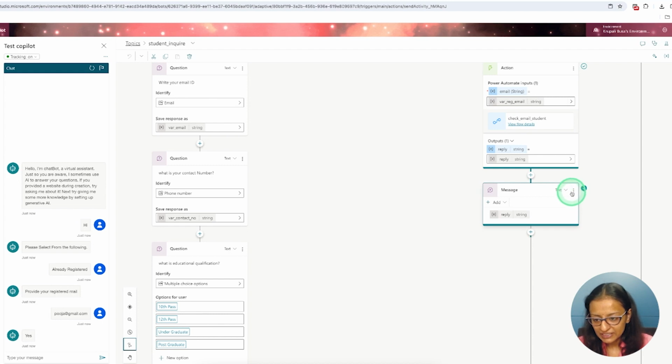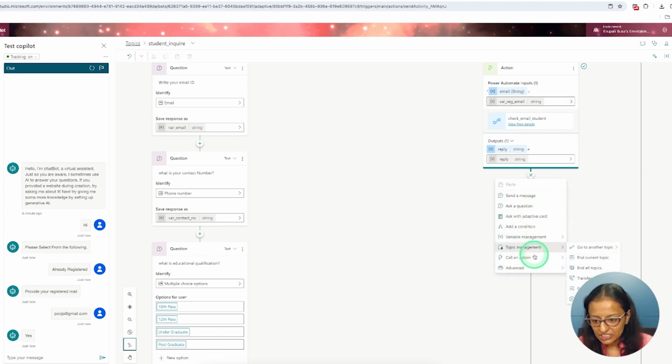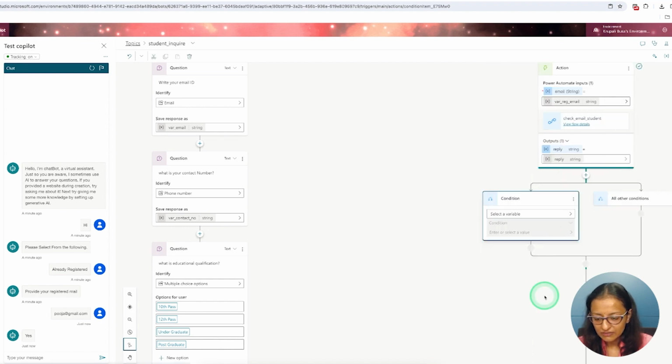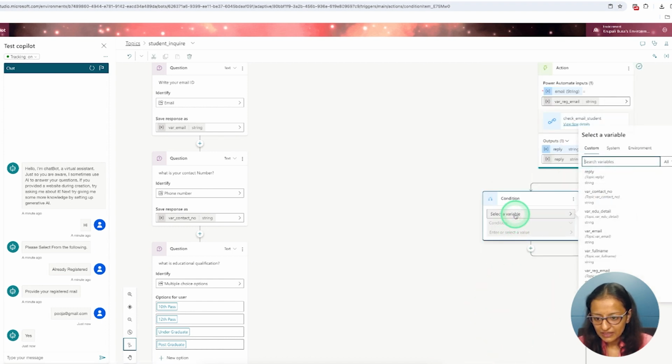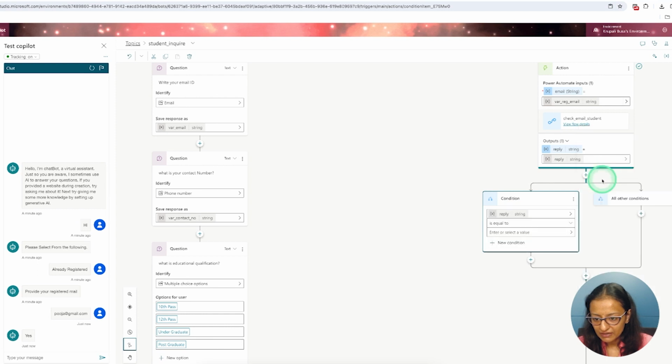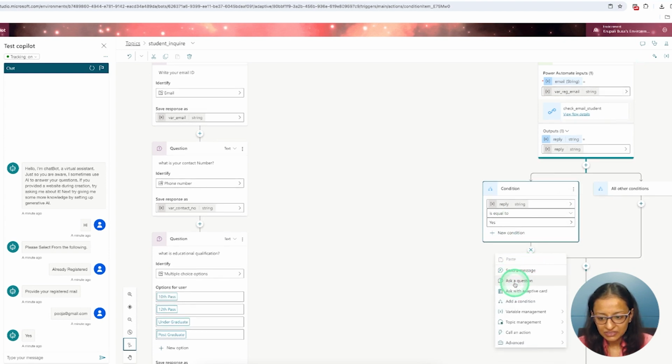So I'm not printing it right now. I just printed because of our understanding. So let's delete that and check for the condition. For that I need to select add condition, and here I'm selecting reply. If reply is equal to yes, that means the student is there, then I will ask the user that